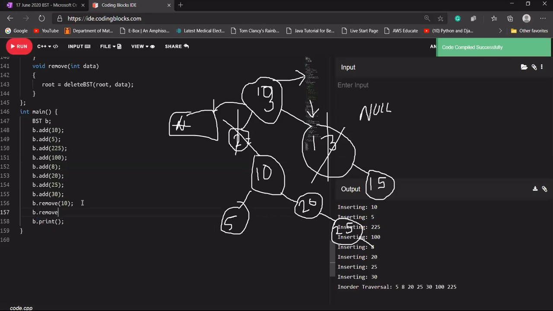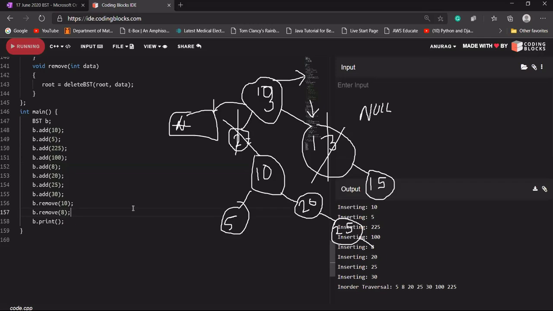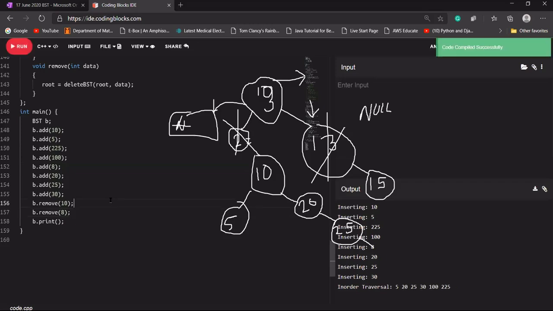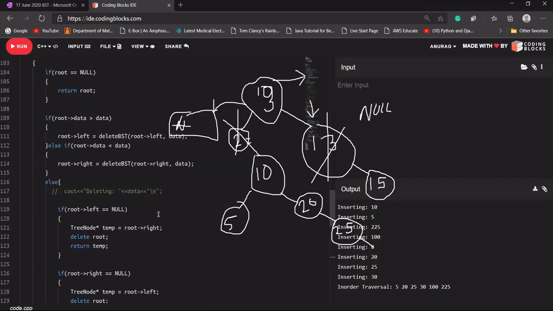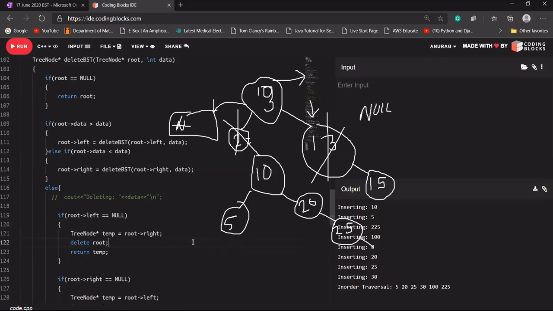We remove 10, and let's say 8 here. Okay, 10 and 8 are being deleted. Is it clear with everyone now, or do I need to draw the tree again and repeat the traversals? Okay, I'm showing the code again, the code of delete BST. If anybody is having any problem with this code, you can ask me.